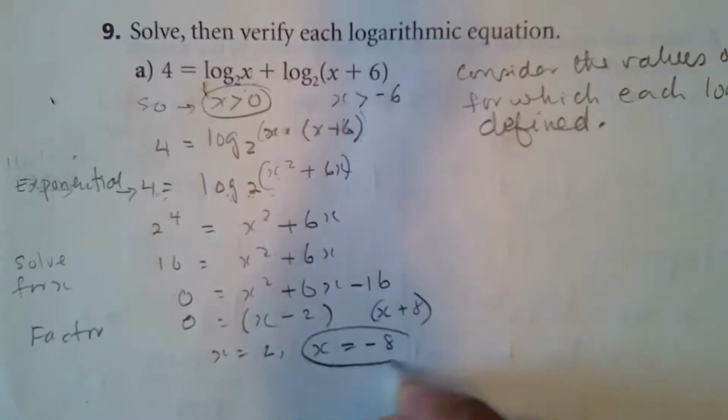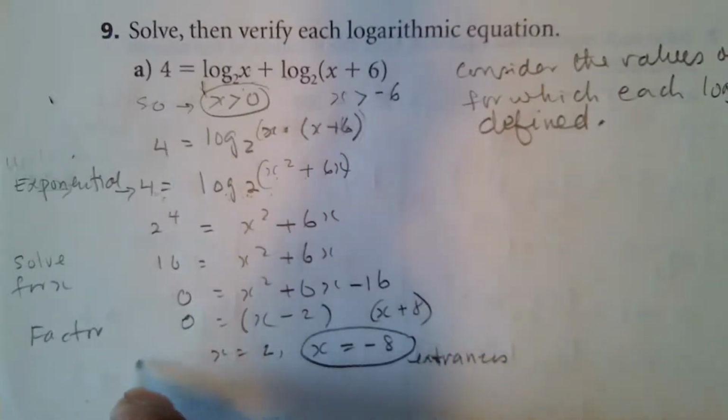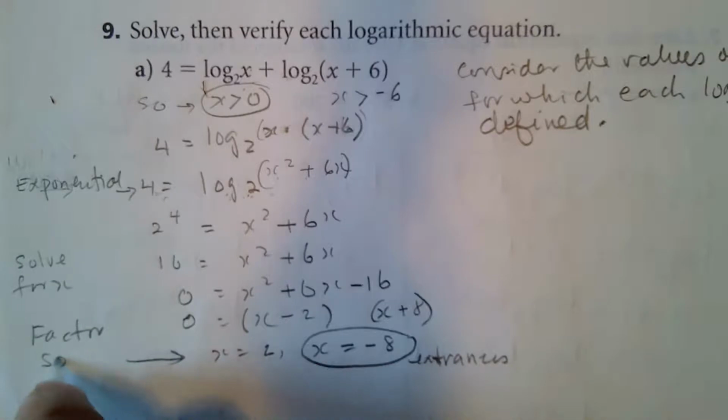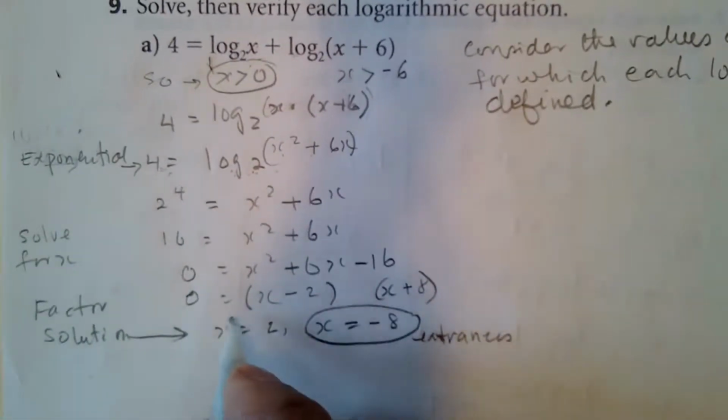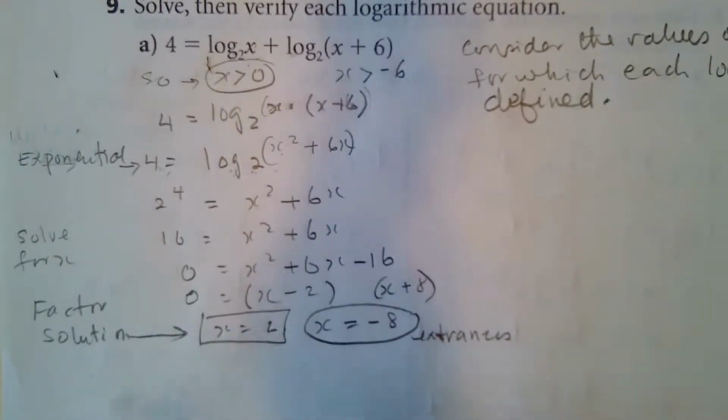So negative 8 is extraneous. So a solution is x equals 2. So to verify,